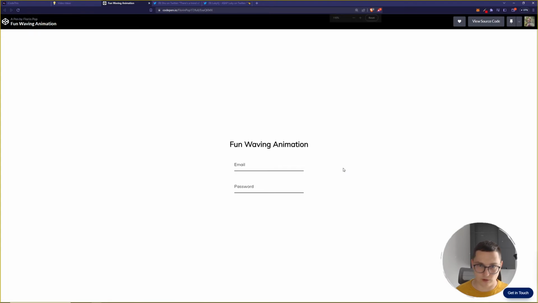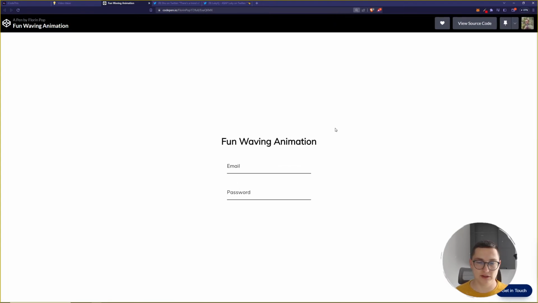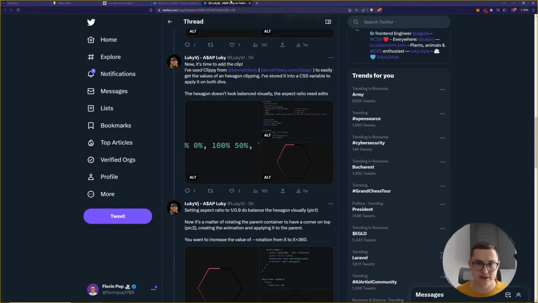Yeah, so the last one, if we have time to build all of these, would be this kind of animation, where whenever you click on the input, the label jumps up, and the nice thing is that the label stays up there if you have something inside the input. The only issue here is that I can't click through the label, but I'm going to fix that. Now I know how. Yeah, so these are the things we will try to build today